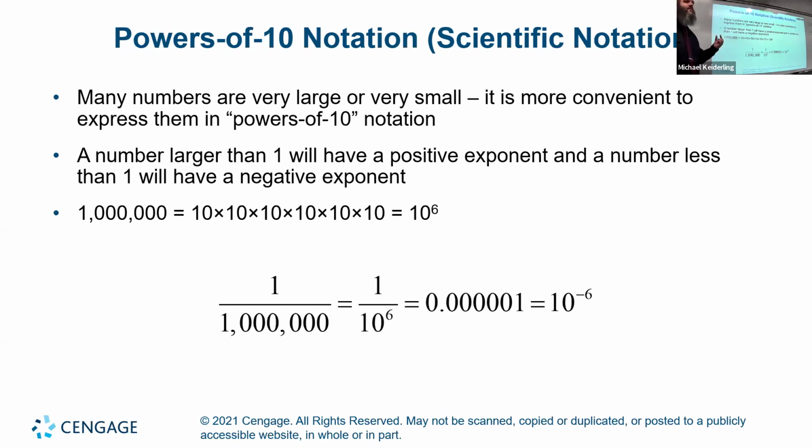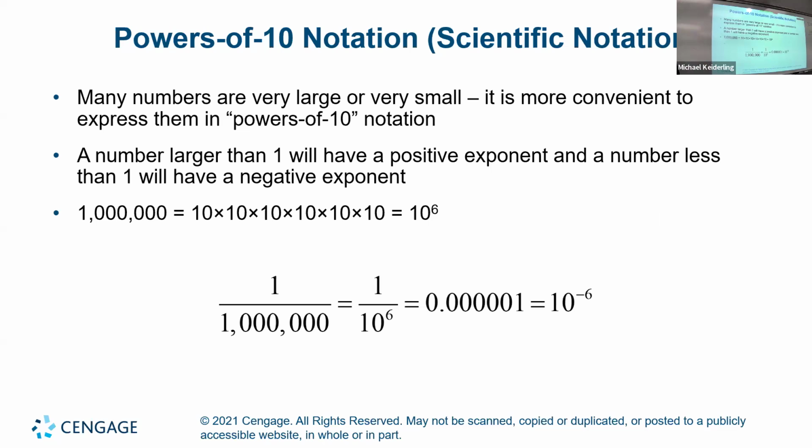This lets you write a convenient short number without having to write all those extra zeros, and express a very large or a very small number more conveniently. So any number that is larger than 1 will have a power of 10 with a positive exponent, and a number less than 1 will have a negative exponent. So a million, for example, notice how there's 6 zeros here. That's 10 times 10 times 10 times 10 times 10 times 10, or 10 to the 6th power. And 1 over a million is 1 over 10 to the 6th. That's 10 to the minus 6,